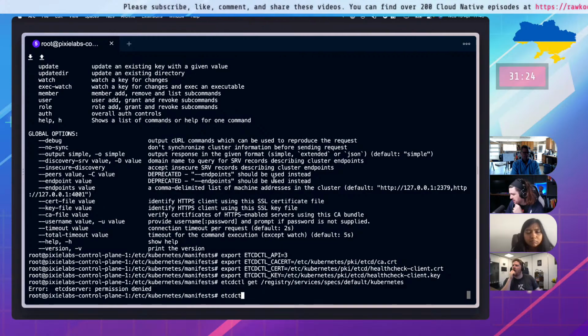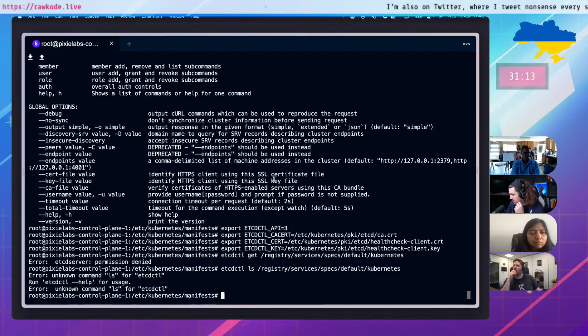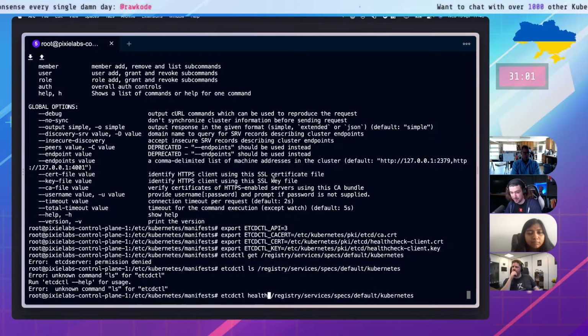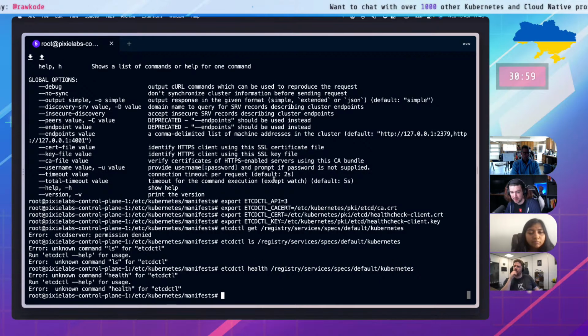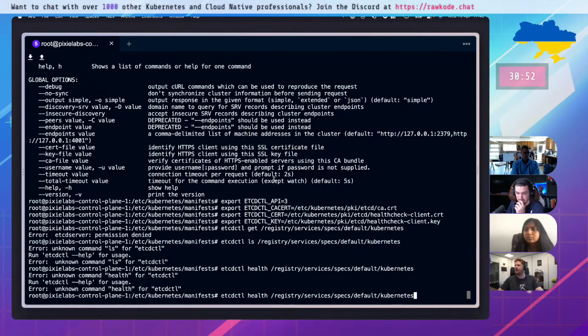So it said permission denied for the get. I'm wondering if they changed those certs on us. Try an etcdctl health or status, I can't remember. I think it's health, but I don't remember either. Yeah, unknown command. That may just be status. I don't know. People don't play with etcd directly, right? I mean, that stuff's too hard.